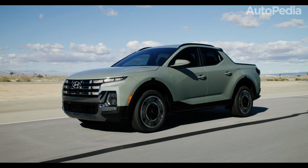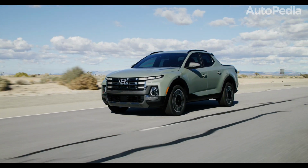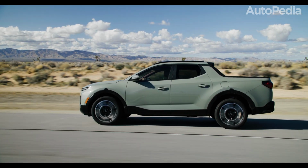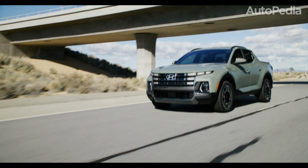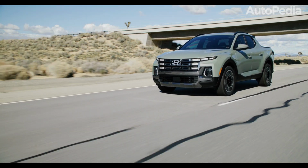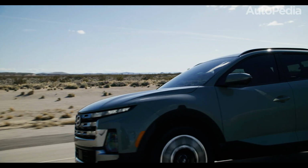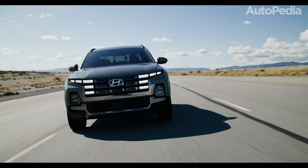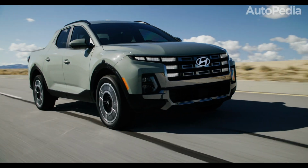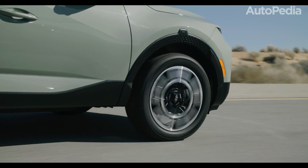With a towing capacity of 5,000 pounds when equipped with the turbocharged engine and a payload capacity of 1,753 pounds, it's more capable than you might expect. Its 27 cubic feet bed includes a lockable in-bed trunk, adding a layer of versatility for storing tools, gear, or even your groceries. Under the hood, you have two options: a 2.5-liter four-cylinder engine or a turbocharged variant that produces